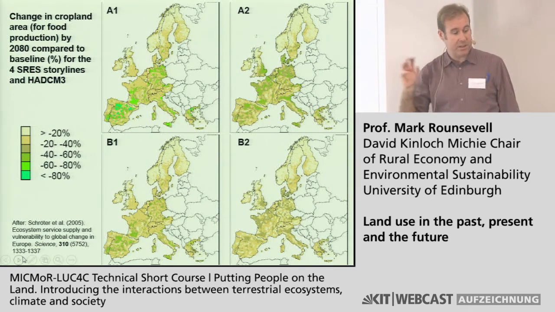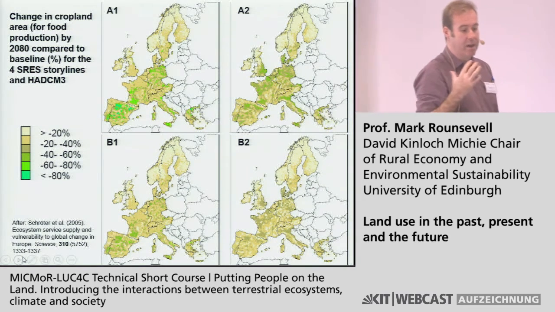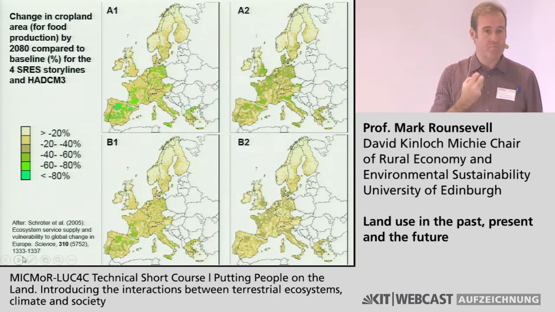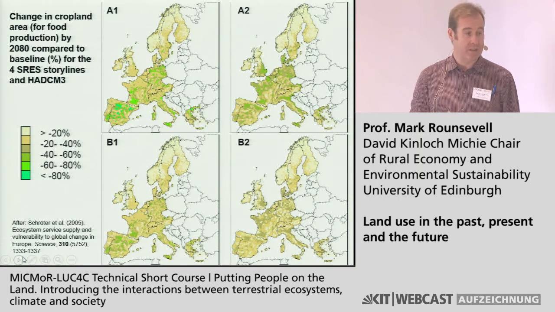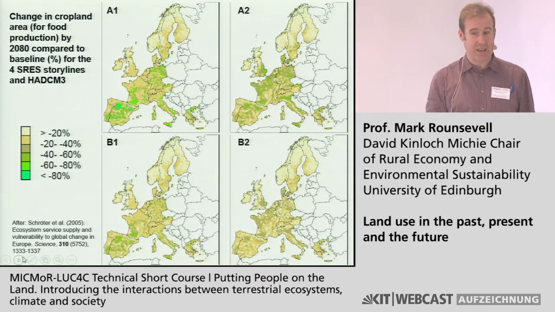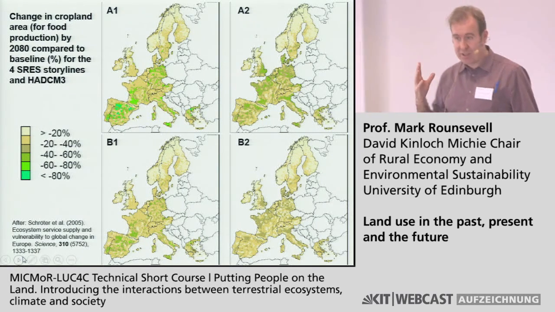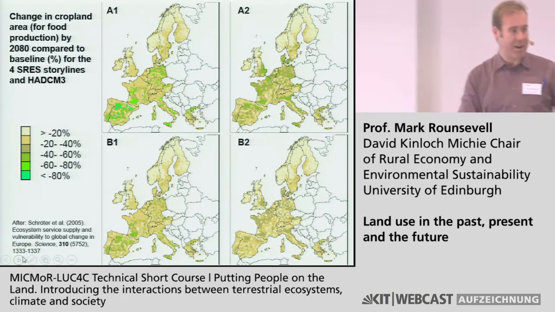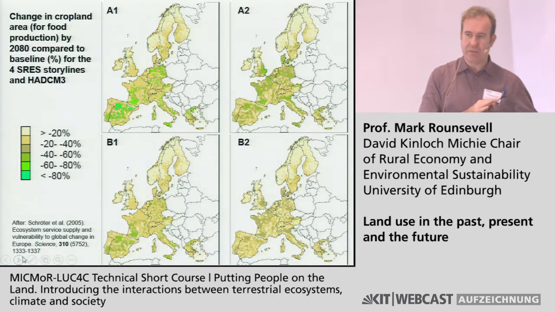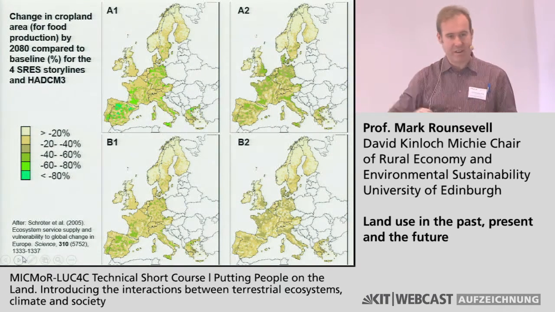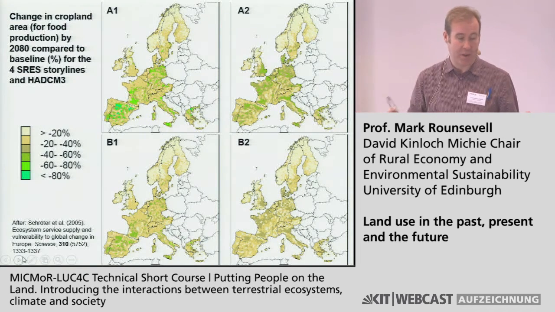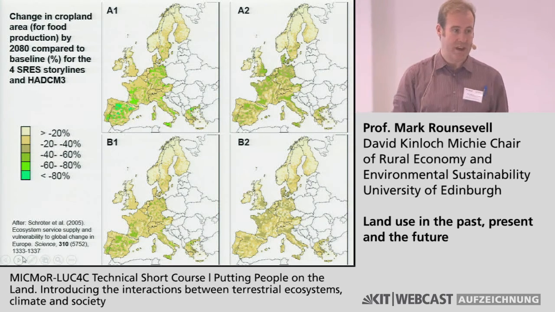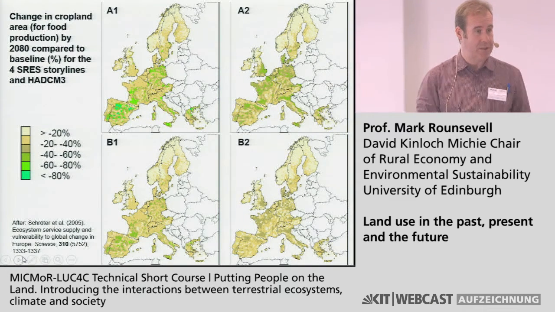What's going on here? Well, most of this is driven by the assumptions that were made in this analysis about the effects of technology on changing crop yields into the future. And that's actually quite a contentious issue. It's clearly crucial. If the past trends over the last 40, 50 years continued in the future, we'd have another 3- or 4-fold increase in production. Again, that's going to equate to a large reduction in the area of cropland required to produce the same quantity